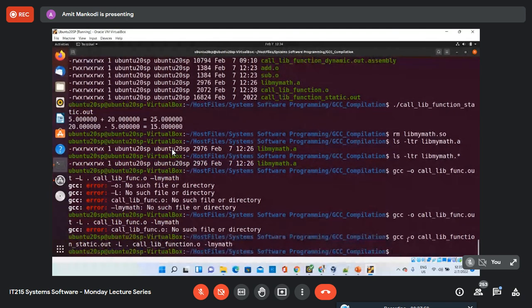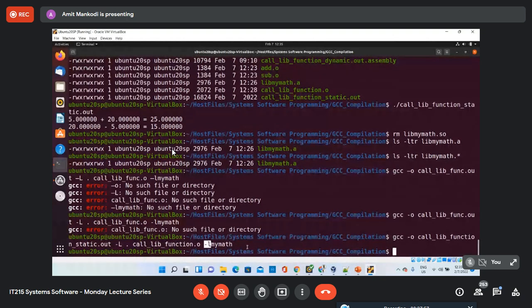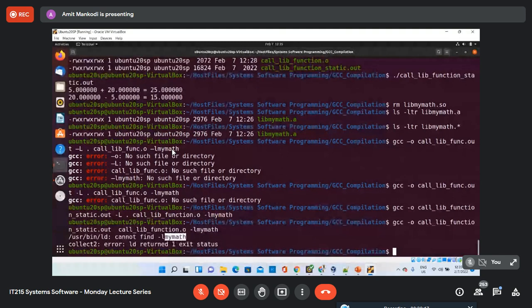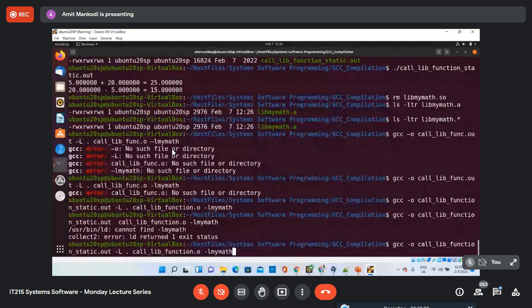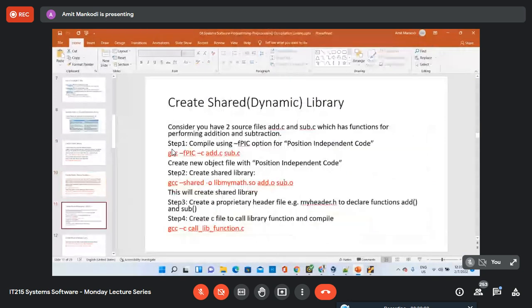So you see that we can actually do the compilation exactly like that, even using this lowercase minus l switch. This basically says to look for this library file in the current directory also, and so it is not going to complain. If you don't provide that capital minus L switch, it is going to complain that it could not find this particular library. So that is what we have to do. This is how we create the executable file using the static library.